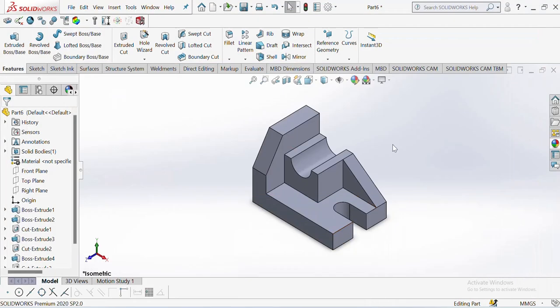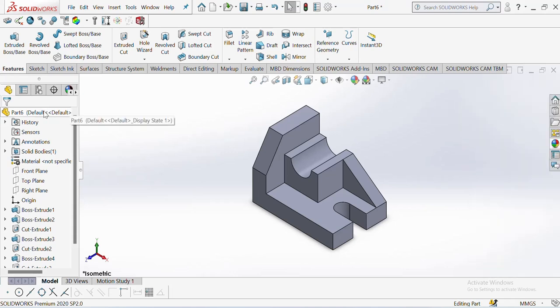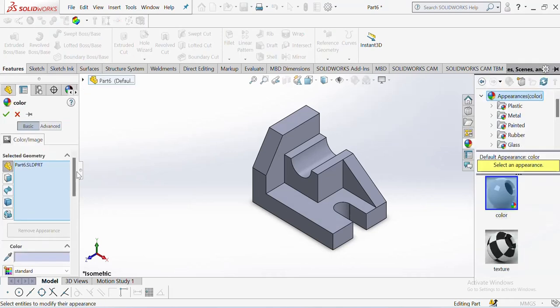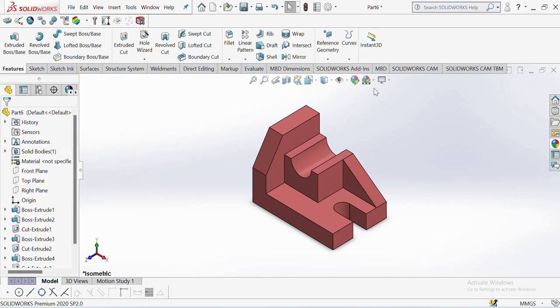Okay, assign appearance, select part, appearance, select color, any color you want. Okay, okay,